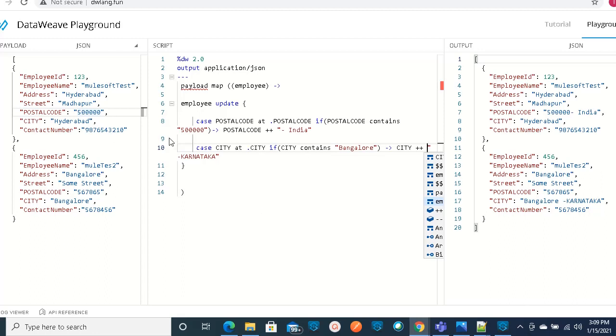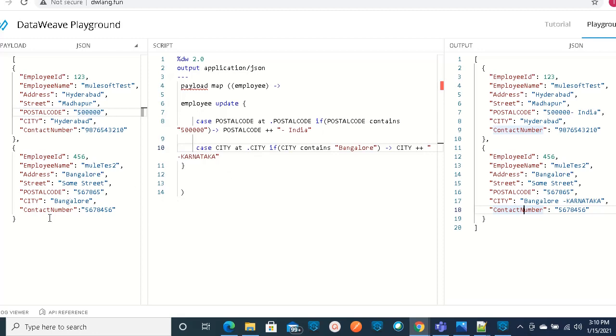Based on some conditions, if you would like to update the input payload response to a new payload, you can utilize this in a very easy way. Interesting, right? So let us see one more utilization of this update operator. This update operator can be used as an upsert operator also. It means if any field is not available in your input payload, it will add that particular key value pair as a new field, and it will provide that value.